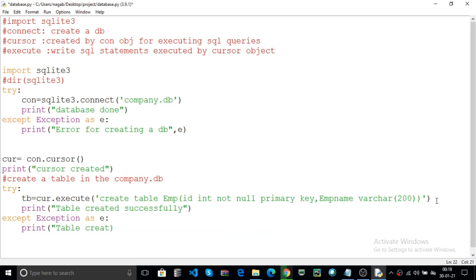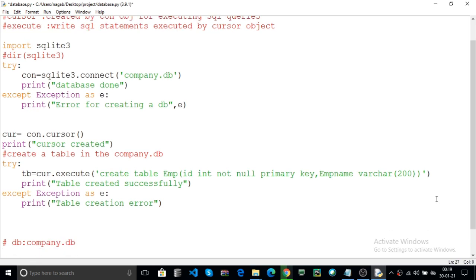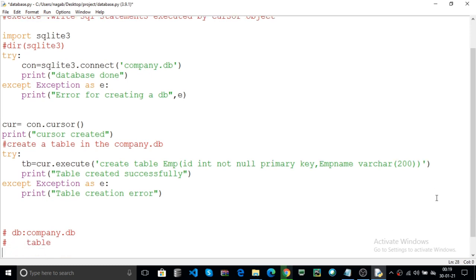Now after creating a table, if there is any exception, like any error, print table creation error. Now you have a DB. The DB is company.db, that is the database. You have one table in the database. The table is here, emp is the table.